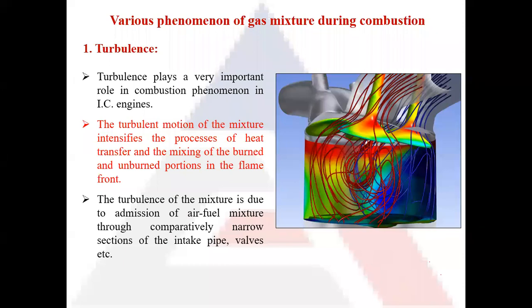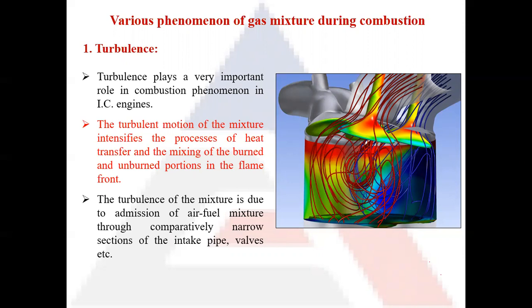In turbulent flow, different layers of the fluid intermix with each other. So this turbulence plays a very important role in the combustion phenomena, and it intensifies the intermixing of the air and fuel inside the combustion chamber, and even during the combustion process, when